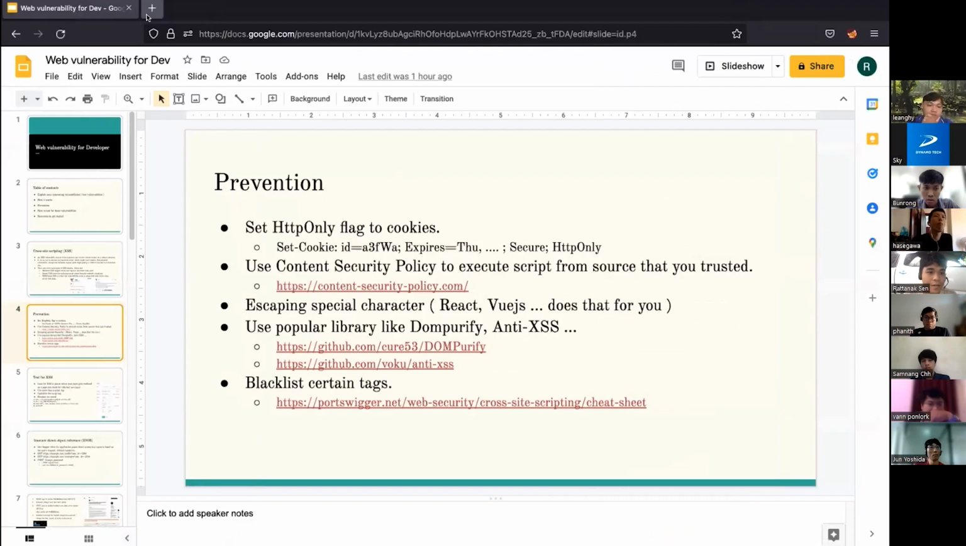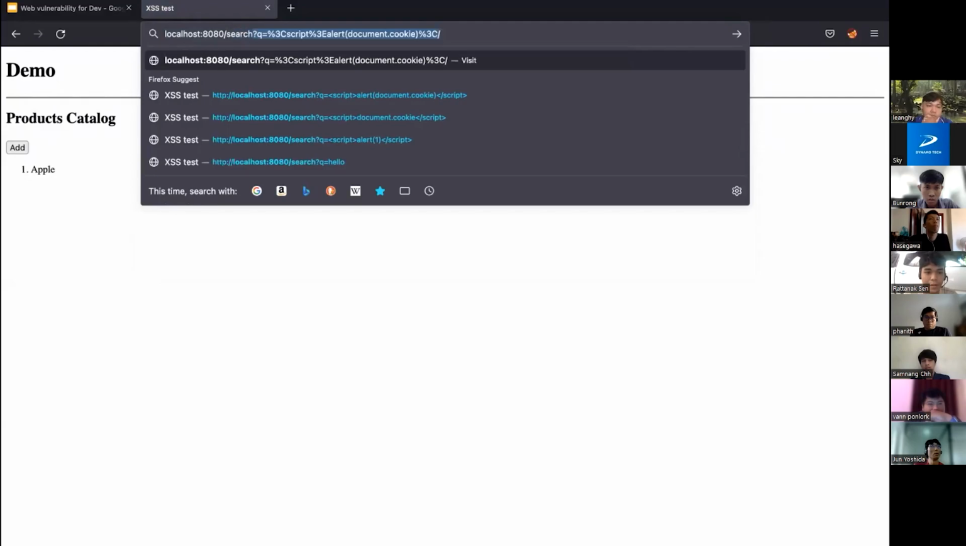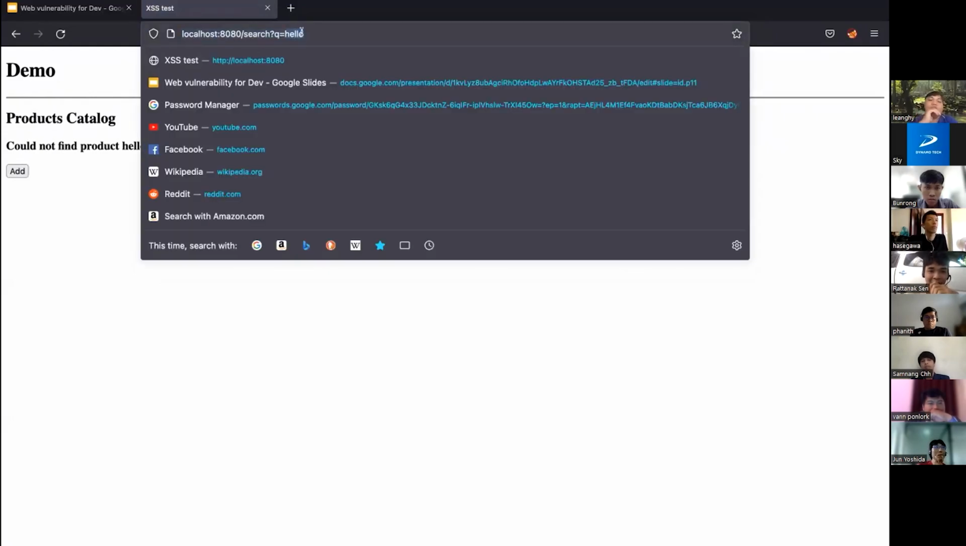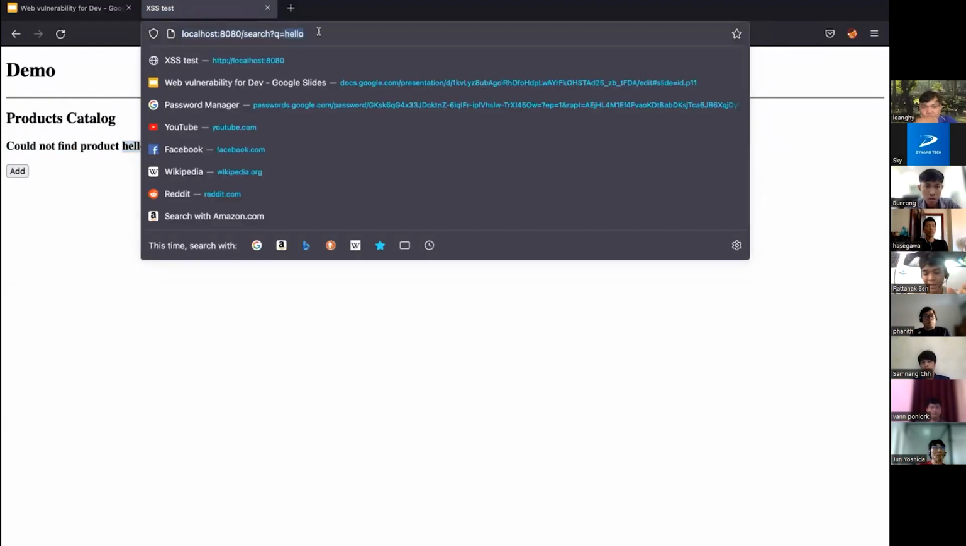Index.js listen localhost. Okay, so let's say query hello. So let's say I have an endpoint here that takes the user input hello, and then it tries to search the database, and after that it prints the result as output to the user's browser. So if this search function here is vulnerable to reflected XSS, the attacker might